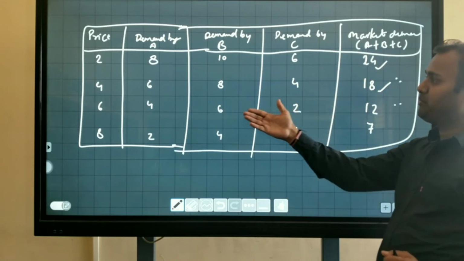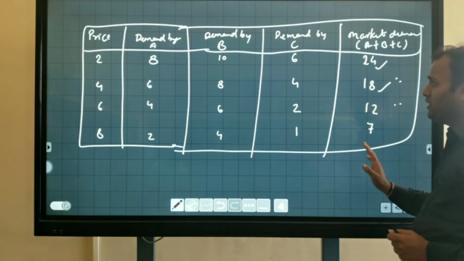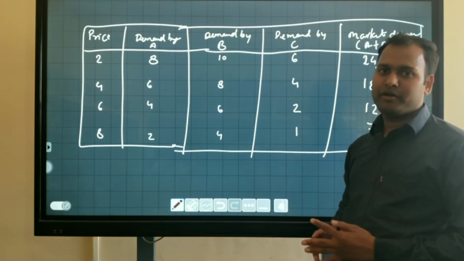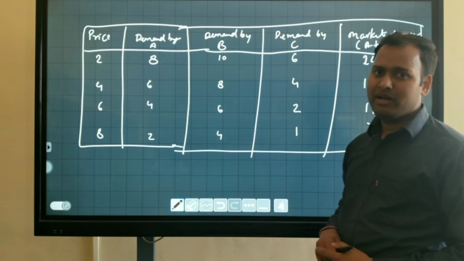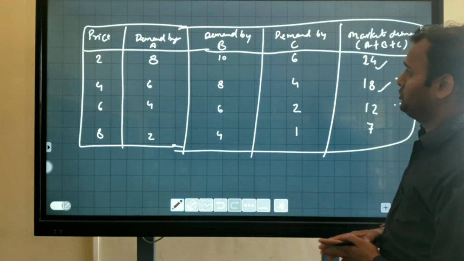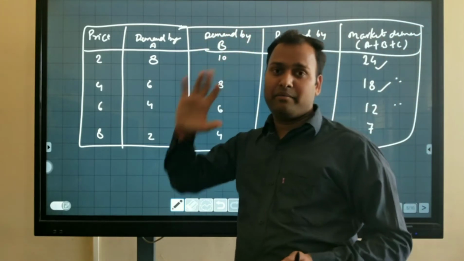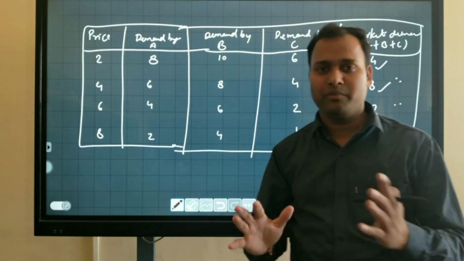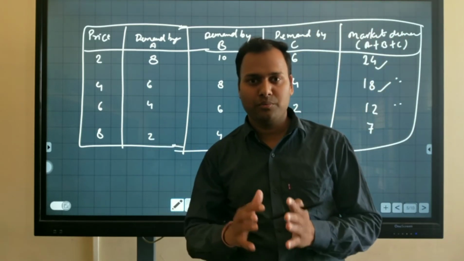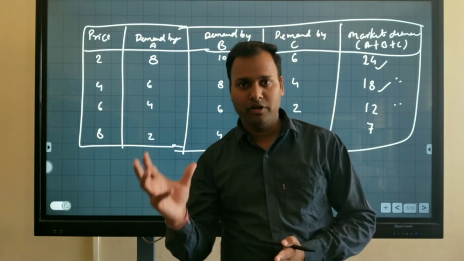When the price increases more, the demand decreases. So this is the property of demand, the law of demand: as the price increases, demand decreases. This is the market demand schedule. What we do in the market demand schedule is add the demand by consumer A, consumer B and consumer C. Why do we consider only 3 consumers? Because we suppose that only 3 consumers purchase the particular commodity or particular goods and services.